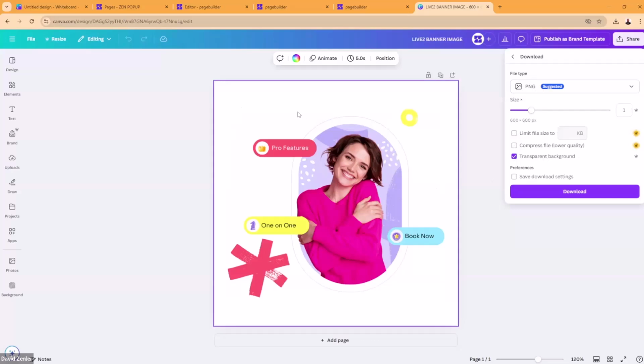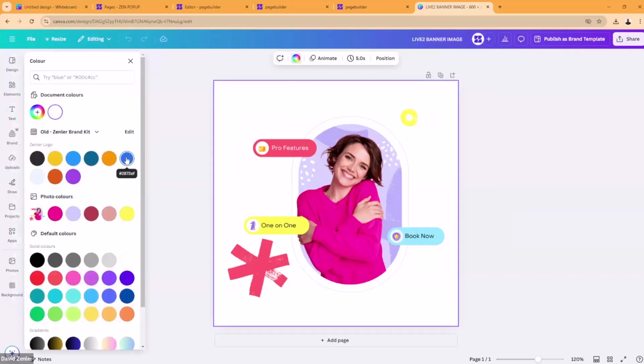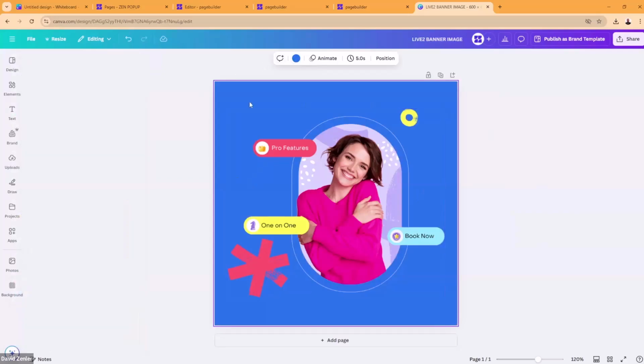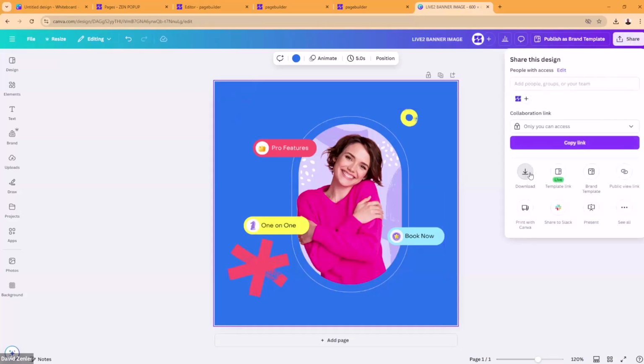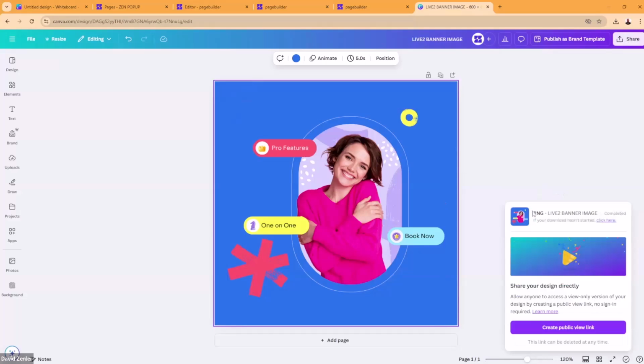So this means that even if I change the background color by clicking the canvas and putting it into this blue, I will not get this background color exported. It will just be transparent. So if I go share, download, and then I go transparent background, okay, it will just take the image. So I'll go download, and you're going to see it in a second because I'm going to show you.